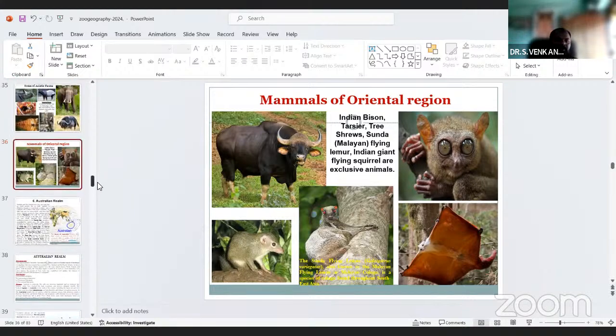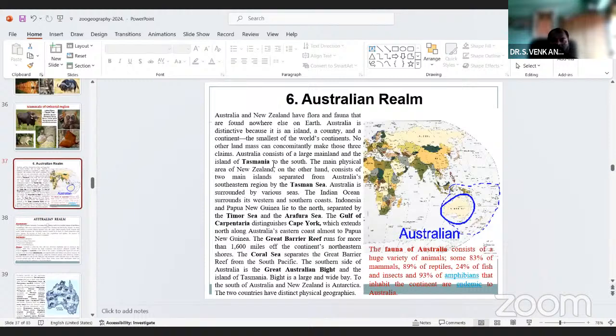The next one, the last one, is the Australian region. The fauna of Australia consists of a variety of mammals and animals.